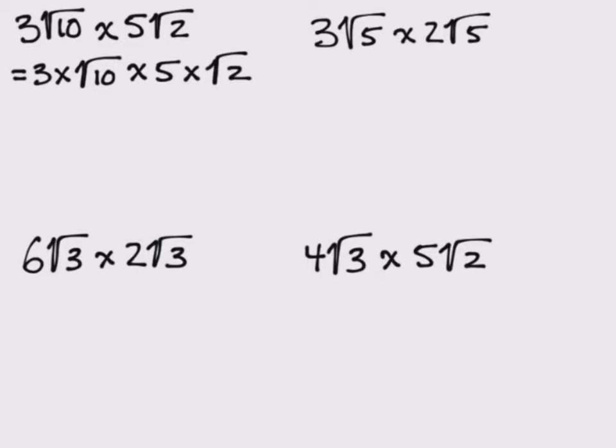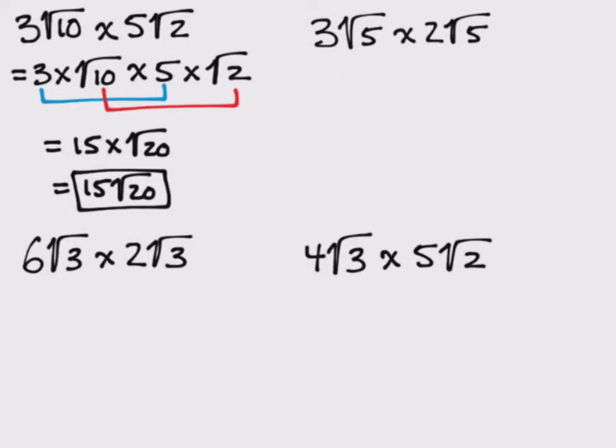And since this is all multiplication, we're free to carry it out in whatever order we would like. So what I tend to do is to multiply the whole numbers together and multiply the radicals together. And in this case, we end up with 15 times the square root of 20, which we can write as just 15 root 20. Or, in our second example, 3 times the square root of 5 times 2 times the